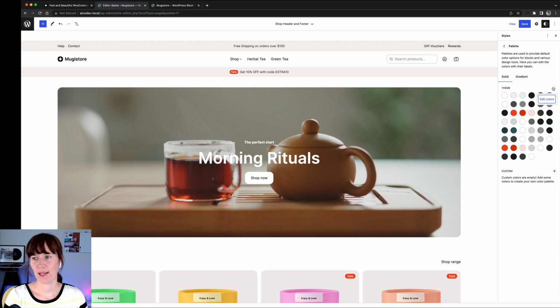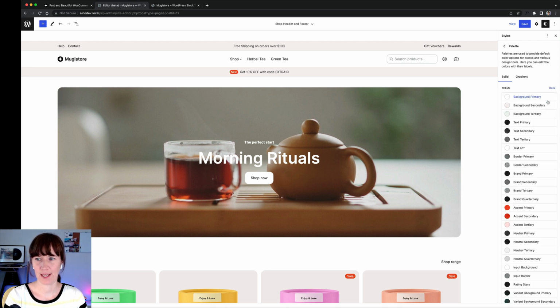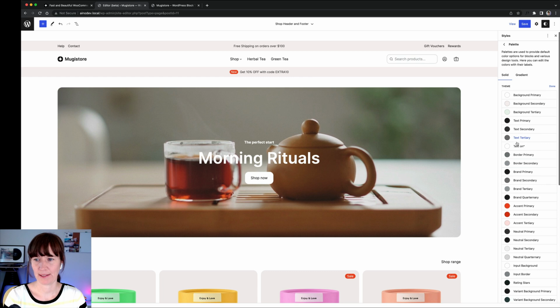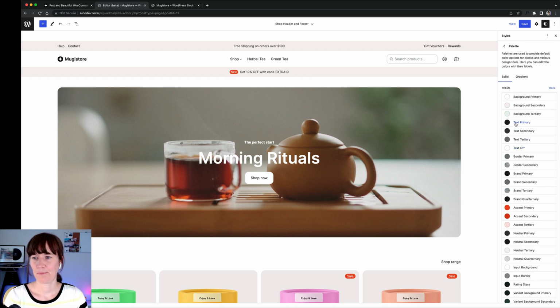So just change the palette, and then here we have the options. You can edit the colors. And the cool thing about changing the colors here in the palette directly is that in every pattern that we create, you will have the colors automatically applied. So you can just drop any kind of pattern that comes with the theme, and then you have these colors applied. At the moment, what you see here is your background colors, your 3 text colors